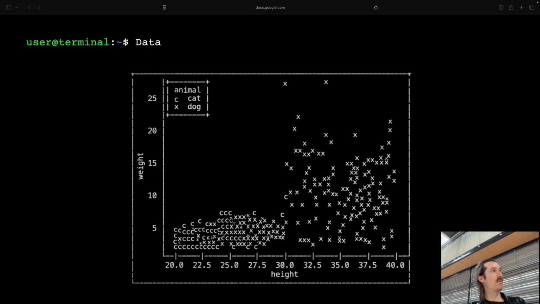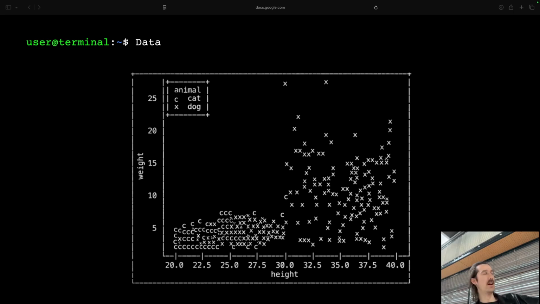When we have that, we can easily plot them in this kind of graph. The C stands for cat and the X stands for dog. When we plot them, we can see that dogs are much heavier than cats and also taller than cats. Is that somehow understandable for you?